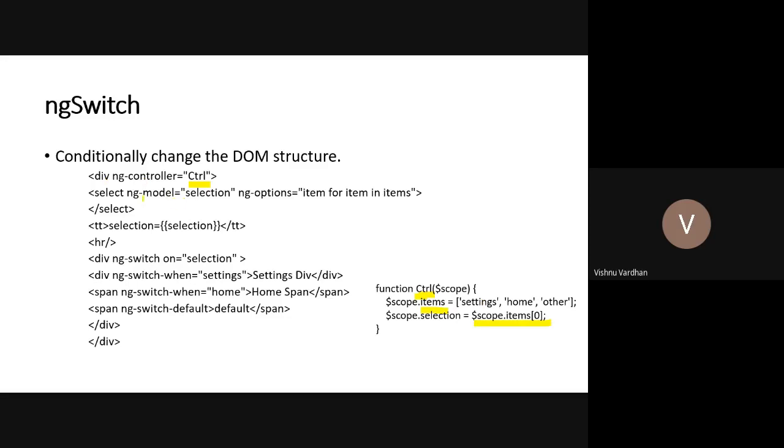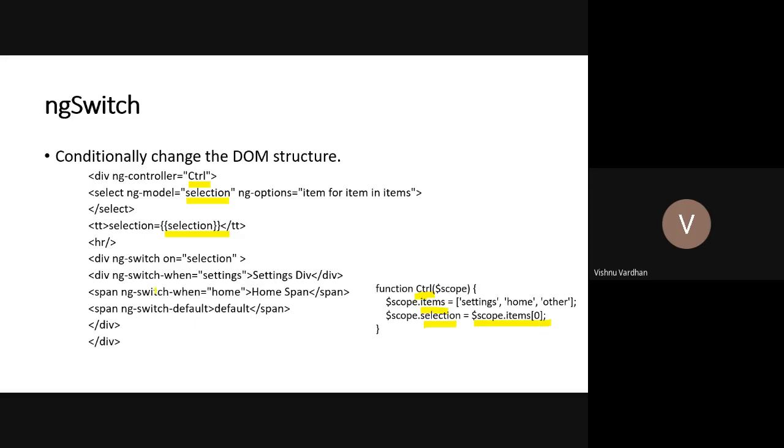You can see from here that ng-model is the selection, and ng-options is item for item in items. So what is items? Items is settings, home and other, and we can iterate through that and call the expression here. Whatever the current selection is, by default it is initialized to 0, but later on you can change that selection to something else.